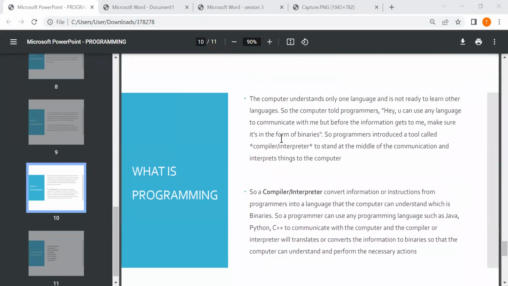So we are saying here, the computer understands only one language, and the computer is not ready to learn other languages. So the computer told programmers, hey, you can use any language to communicate with me. But before the information gets to me, make sure it is in the form of binaries. So programmers introduced a tool called a compiler or interpreter to stand in the middle of the communication and interpret things